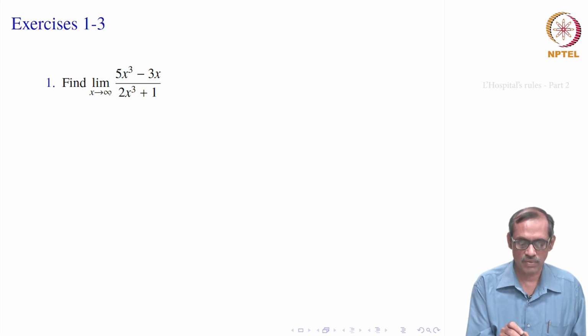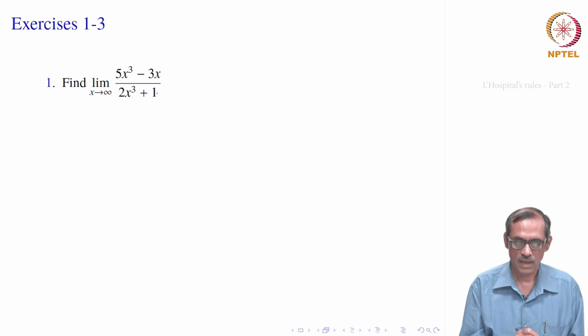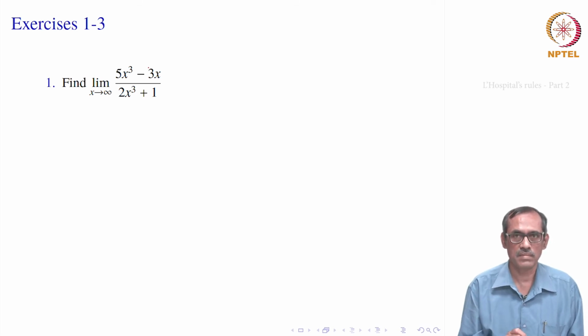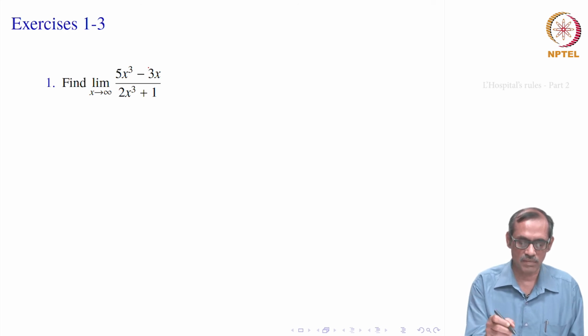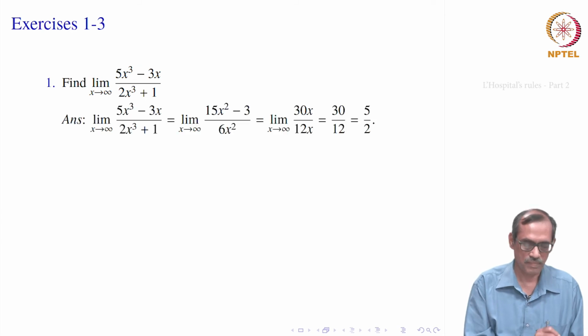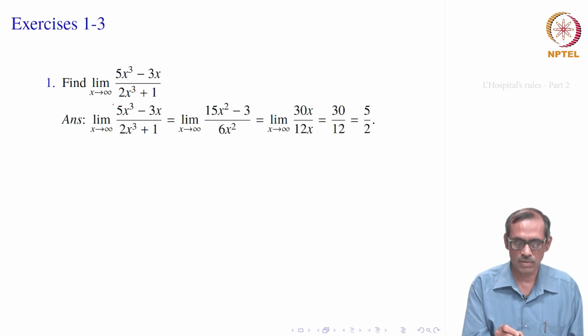Here we are required to find the limit of 5x cubed minus 3x divided by 2x cubed plus 1 as x goes to infinity. So, as x goes to infinity, this 2x cubed plus 1 goes to infinity. The numerator is again in the infinity minus infinity form, okay. But it can be thought of as infinity because x cubed dominates x, it will be much larger than x. Therefore, when you subtract, you would get at least sometimes x, right. That is what intuitively means, it will be in infinity by infinity form. Okay. So, then what do we do?